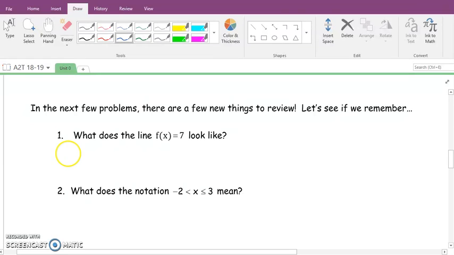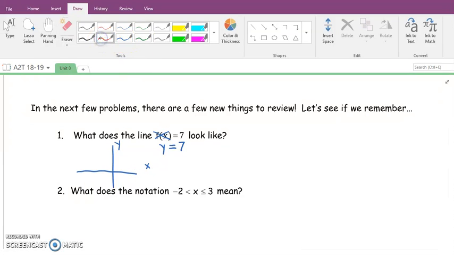Number 1, it says, what does the line f of x equals 7 look like? Well, remember, I said if f of x ever confuses you, just think of it as y. So this really is saying y equals 7. So if I were to draw a little graph here, that's the x-axis, that's the y-axis. Do you remember what y equals 7 would look like? In fact, let me draw this a little better straight. There we go. Ish. Well, y equals 7, hopefully you had this idea, is where you go 1, 2, 3, 4, 5, 6, 7 on the y-axis,